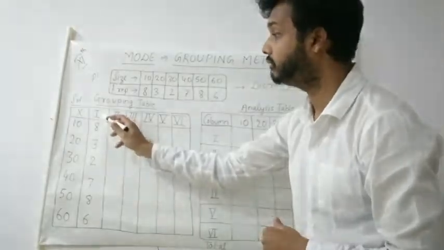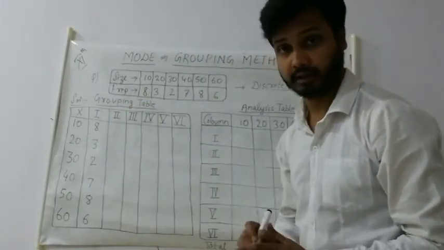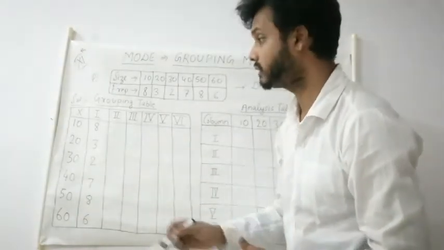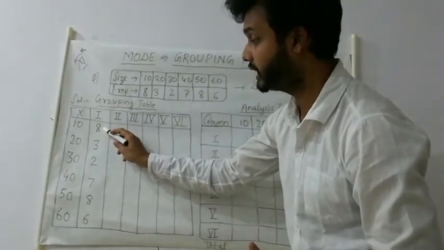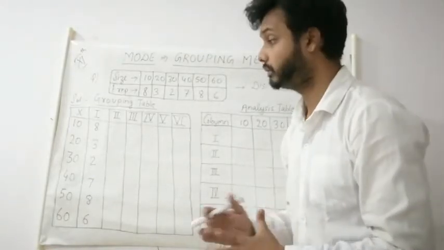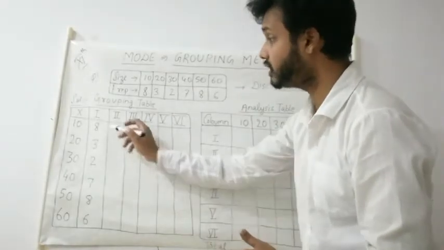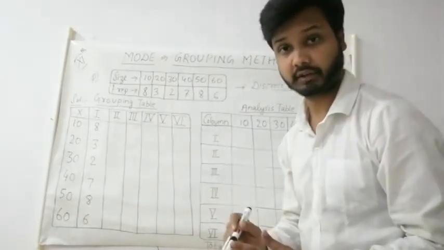Clear? In first column students, we will write the frequency as it is given. Okay, see here, if we try by inspection method, then what is the problem, that here is also 8 and here is also 8. Maximum value is for both, so we cannot decide here that which will be our mode. That's why we will find out with this method. So in first column we have written the frequency.